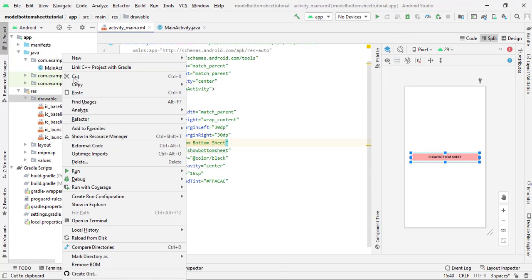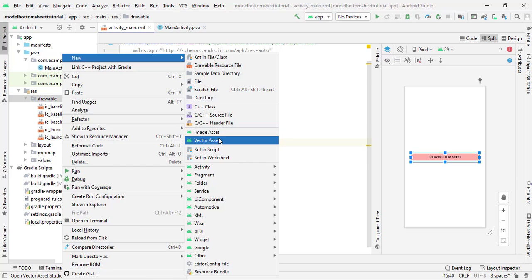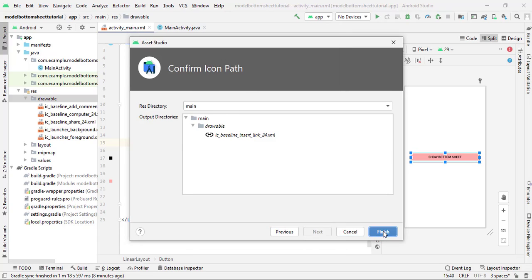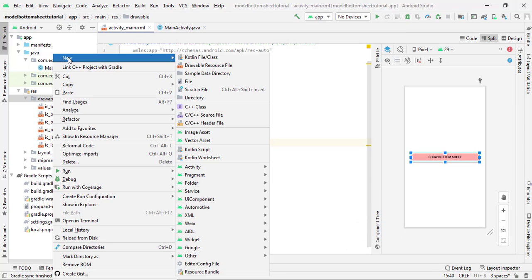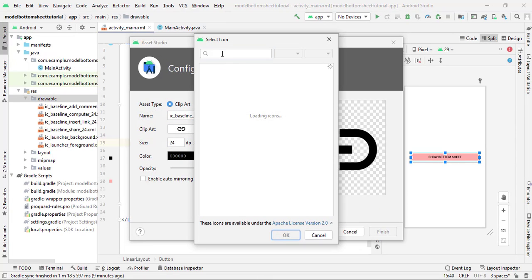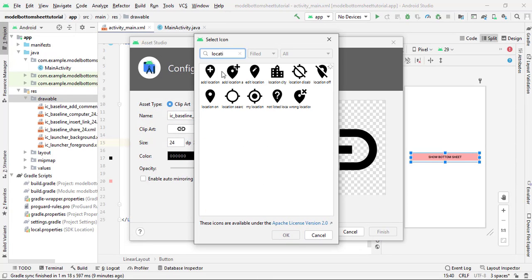Now again right click on drawable, then new, then simply select here vector asset. Now I simply type here insert link. This is fine. Now click on OK, next, finish. One more icon is left, new, then vector asset. Click on this clip art, and now I type here location, and I select this one, location on, OK,